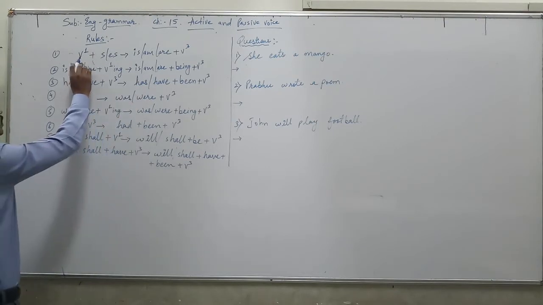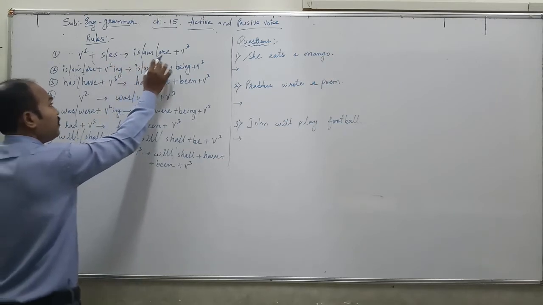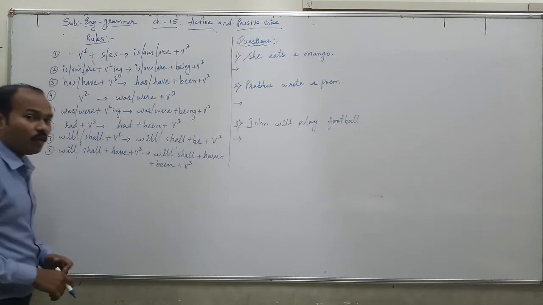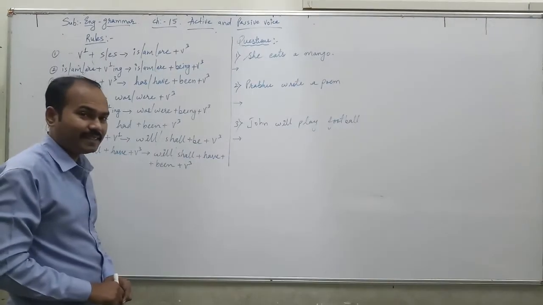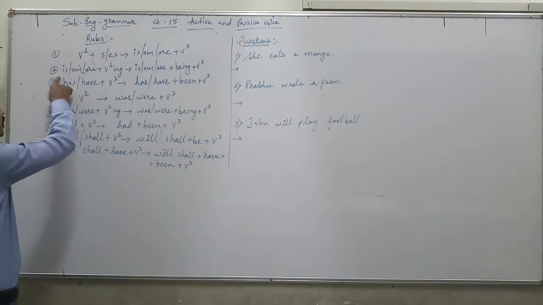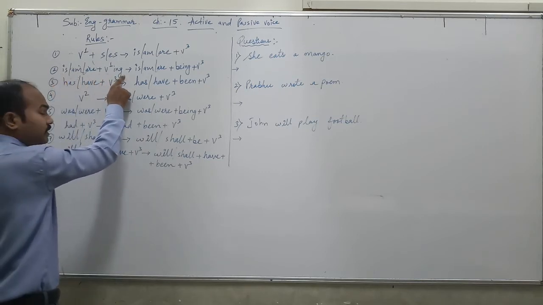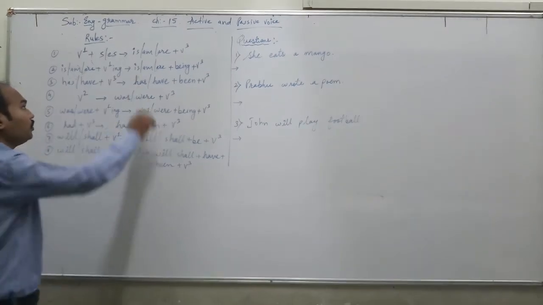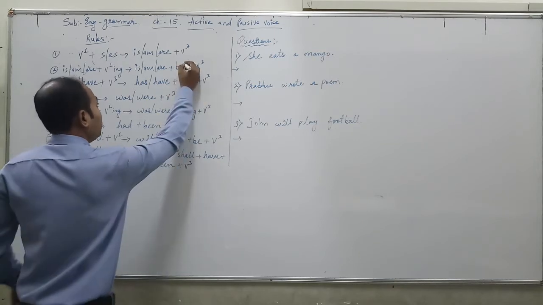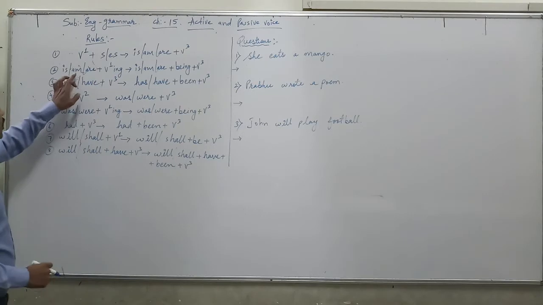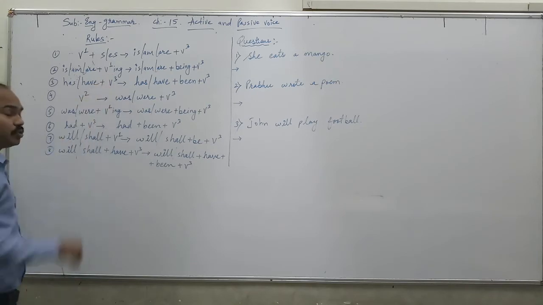When it is given V1 plus s/es, you have to change it into is/am/are plus V3 form. Okay. First rule is in which form? It is in simple present form. Rule number 2. When the question is in this format, is/am/are plus V1 ing, you have to change it into is/am/are plus being plus V3 format. This is in which format? It is in present continuous format, because you can see over here is/am/are plus V1 ing.